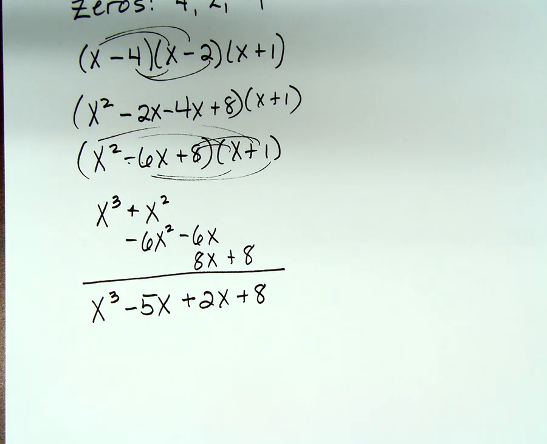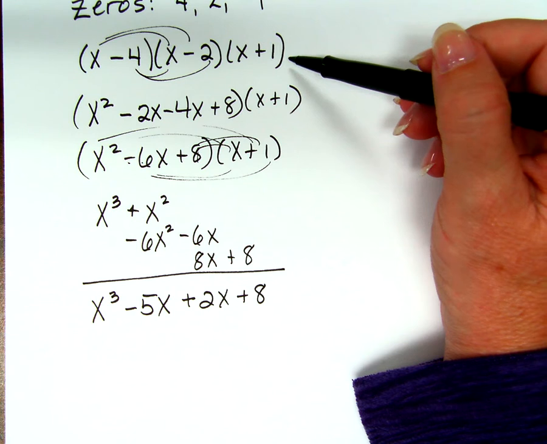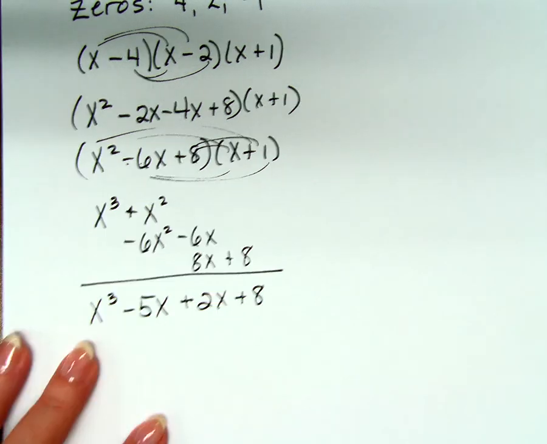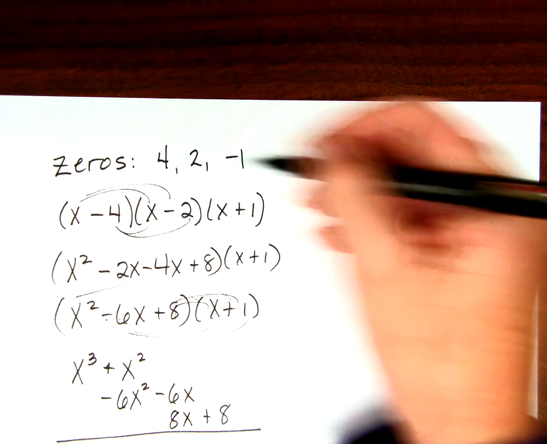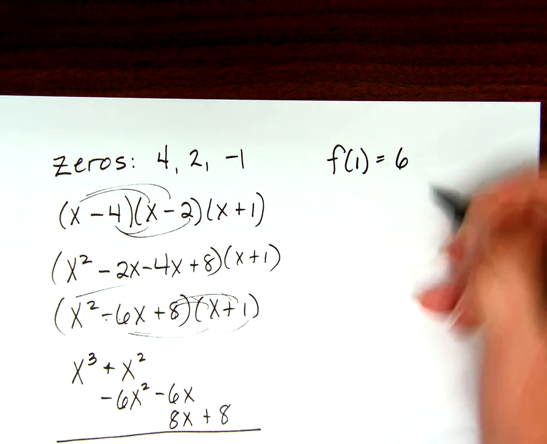Okay? So if I give you the zeros, you come up with the factors and multiply it all together. That gives me a possible polynomial that it came from. Now here's why I say possible. Hold on just a second. Because up here at the beginning, I might tell you that these are the zeros, but also f of 1 equals